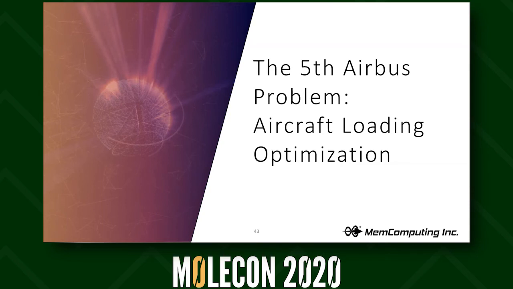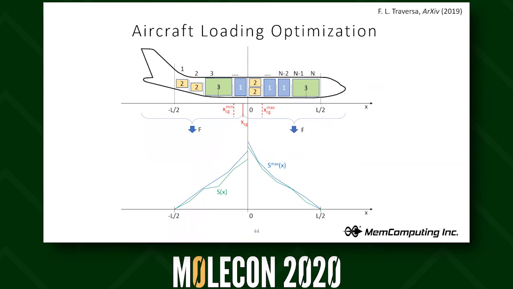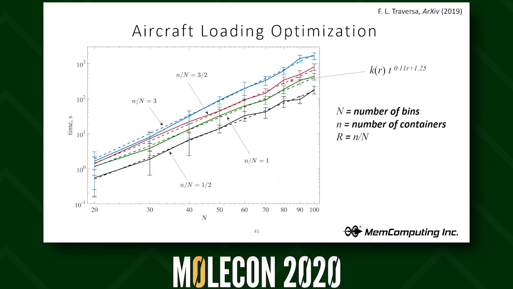the aircraft loading. Basically you have an aircraft, and you have to load several different containers with different sizes, and you have many different constraints, starting from the total weight, total volume, the shear curve, the center of gravity, and so forth. So it's a pretty complicated problem. We showed how to transform this problem into an ILP, and how to run it with Mem computing. Here, for example, are some tests we did that show how you find the global optimum of this problem at scale, scaling the size up to very large instances,